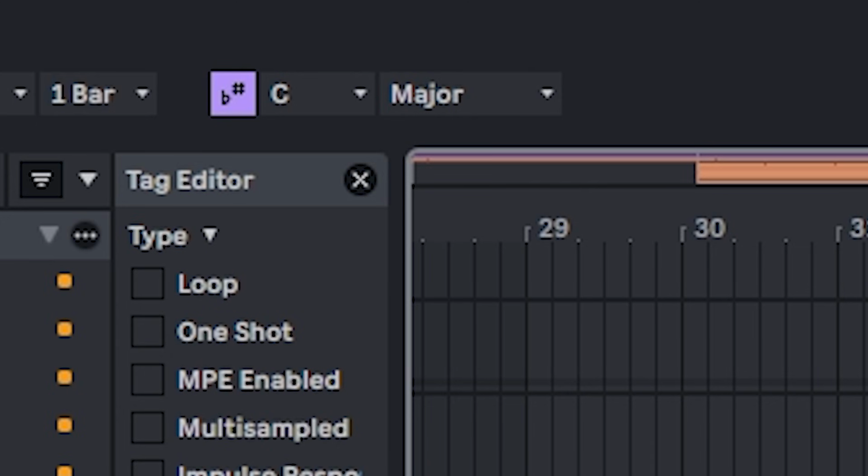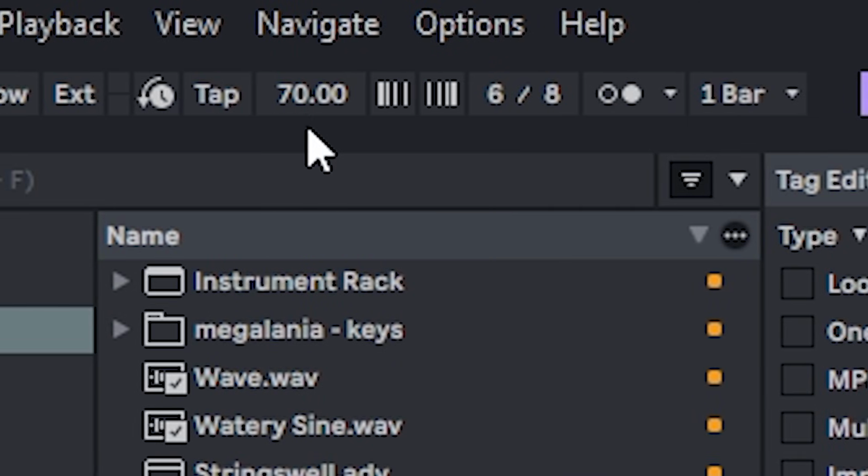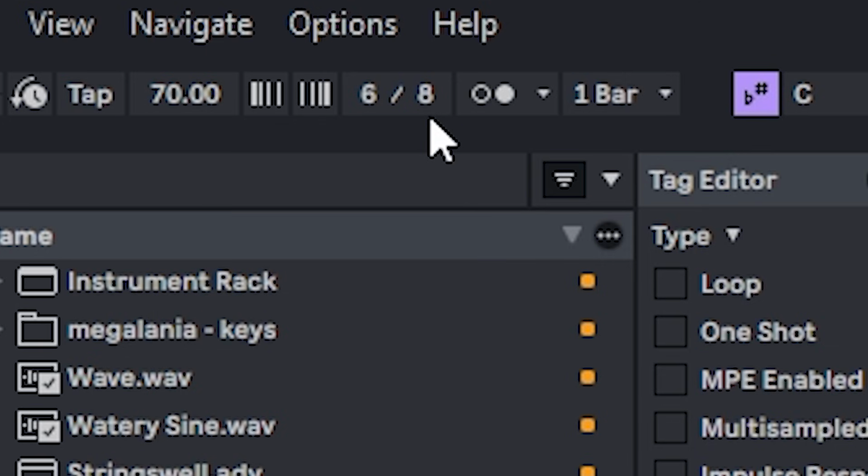So here are 5 steps that you need to follow to make your sound familiar to SZA. And so by the end of this video, it's all going to seem easy for you. However, if you don't get this first step right, every other step after will just be useless. And that's the idea. So we're in the key of C major, BPM 70, 6/8 time signature instead of the